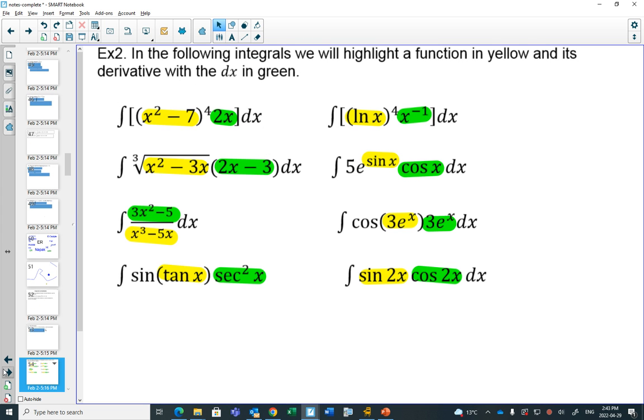Okay? So here's some color coding. And in the color coding, what we notice,